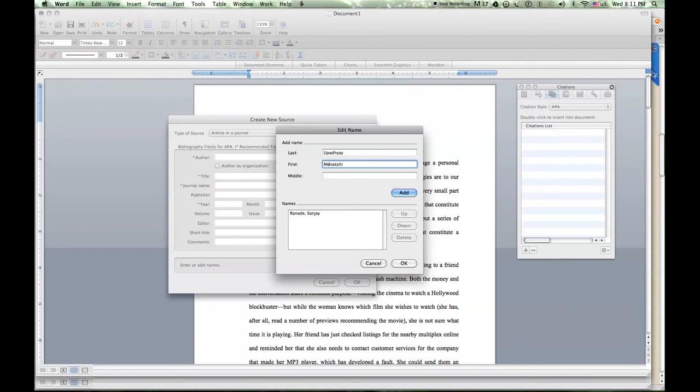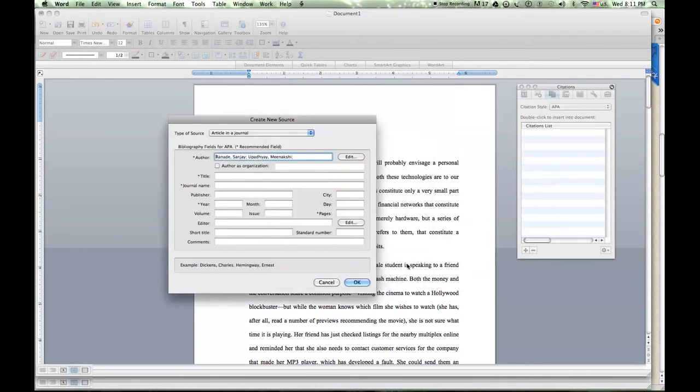I made a spelling mistake there. Add. So you got two author names here. Say okay, this is exactly how they should look. So Ranade, comma, space, Sanjay, semicolon, space, Upadhyay, comma, space, Meenakshi, semicolon. This is exactly how you should use it.